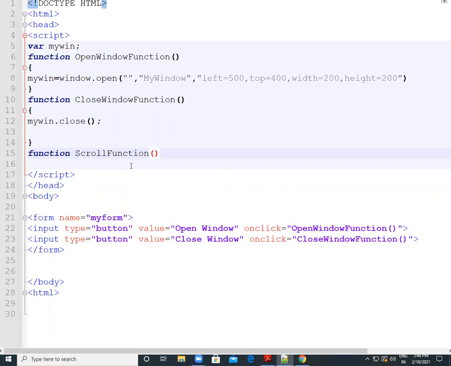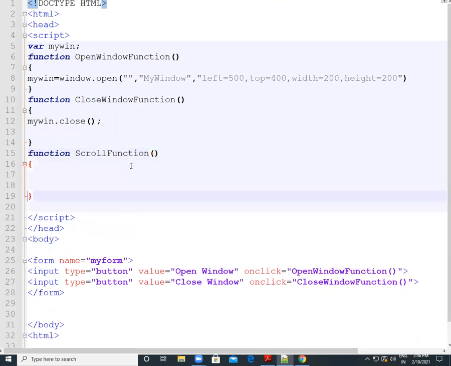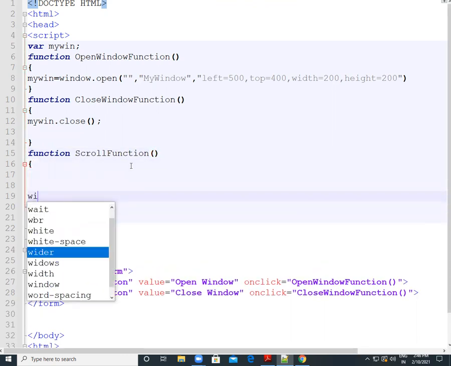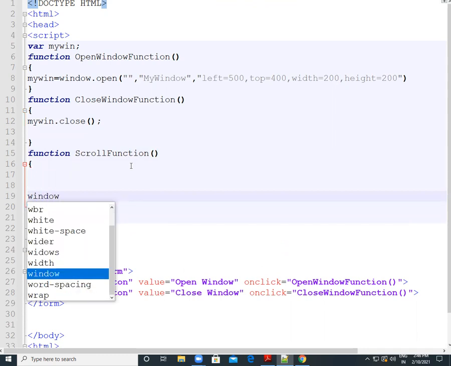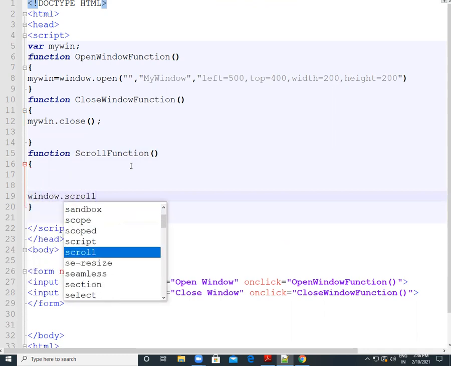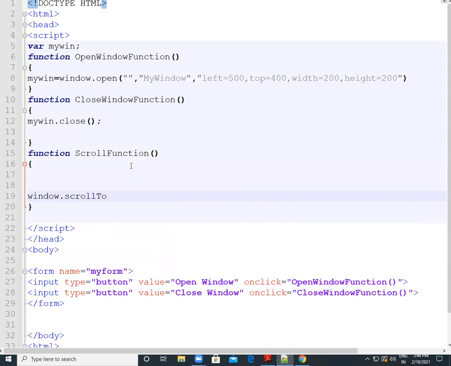In that function, let's write some logic for scrolling. So window.scroll, if we say 300, 0. To scroll horizontally or vertically, using this scroll function, we scroll that window. So we put some values here. These are the parameters. So let's save this program, and we want a button for that also.